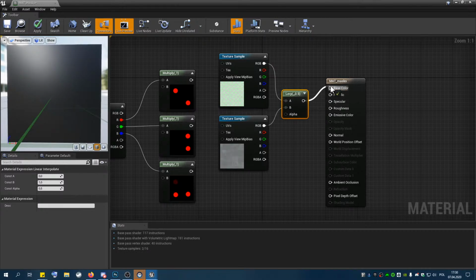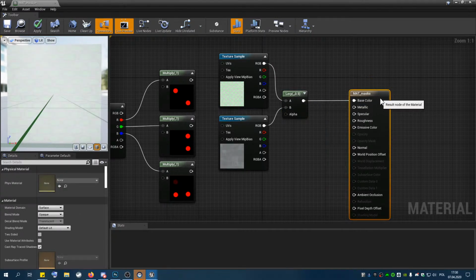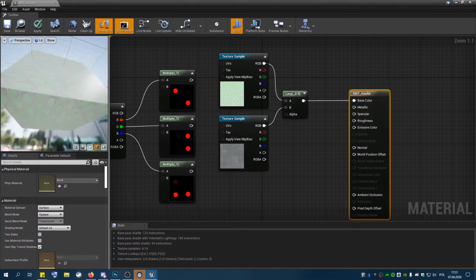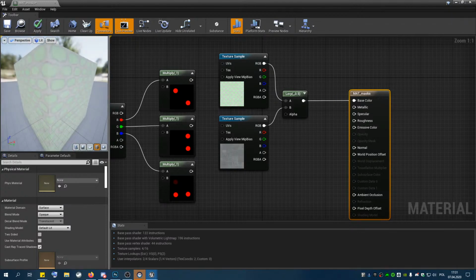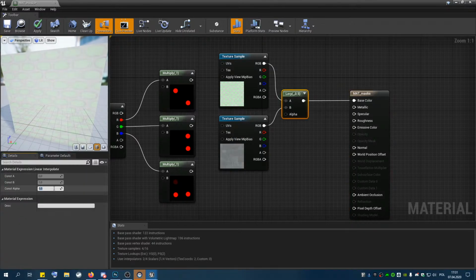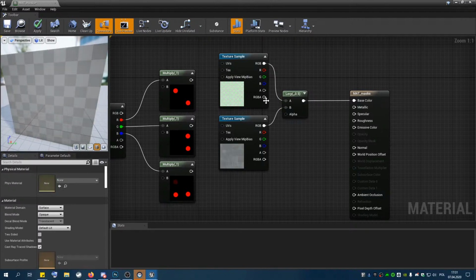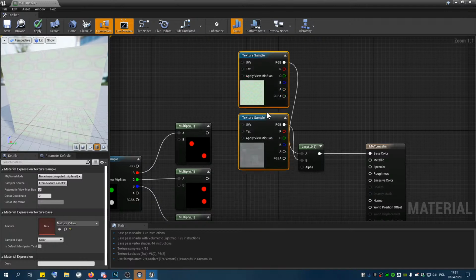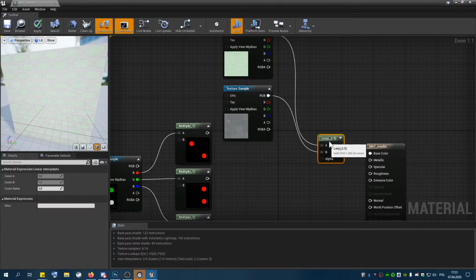And when we put it into our basic color of our material, we can see that these 2 textures are combined 50-50. So it's 50% of the first one and the second one, because the alpha here is 0.5. But what we want to do now is to put our masks, which were created here, into alpha channel. So let's put the red one,